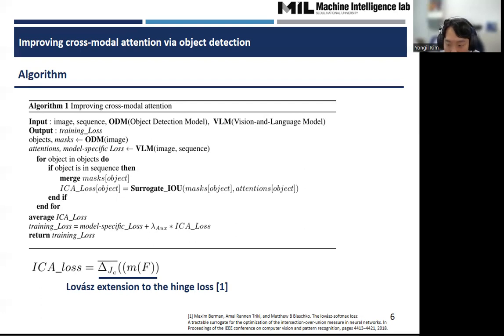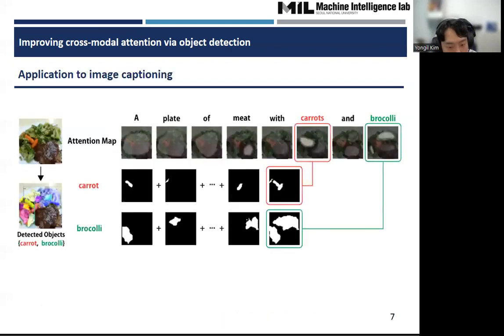Because of the bias in the detection model, it is called a pseudo ground truth label, but as the performance of recent object detection models exceeds human capabilities, they can be considered as approaching human annotated ground truth labels. Finally, the surrogate IOU loss is measured with the attention map output by the attention model in the vision language model, and the pseudo attention label is used as an auxiliary loss. For the surrogate IOU loss, the robust hinge extension of the Jaccard loss is used.